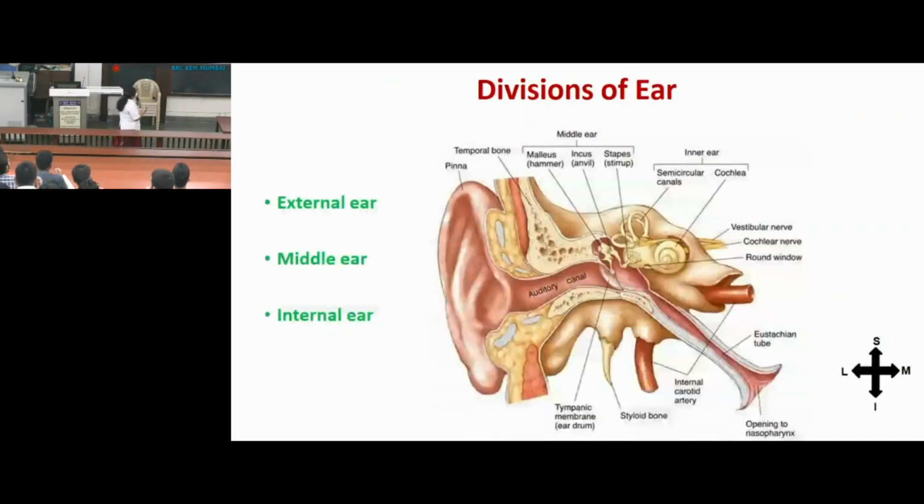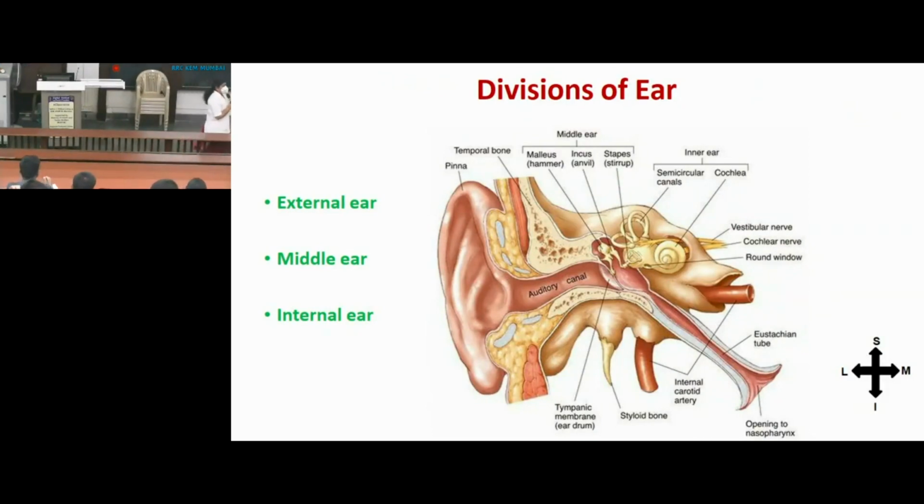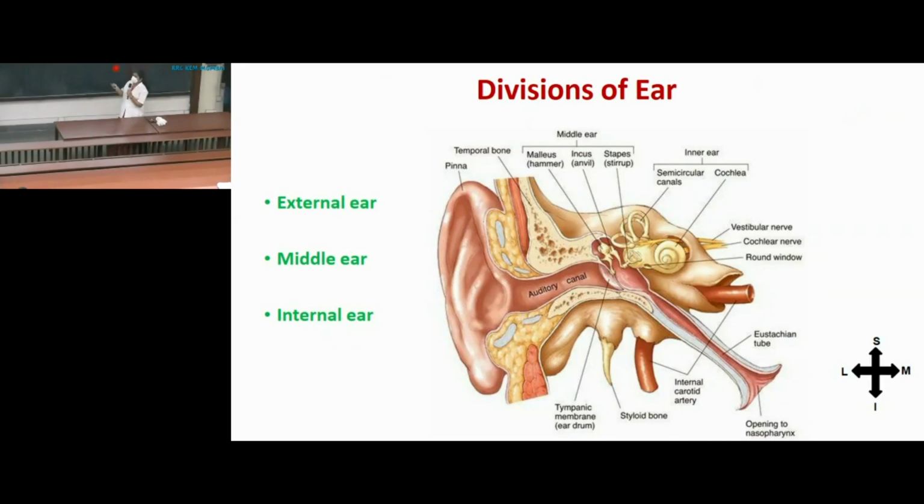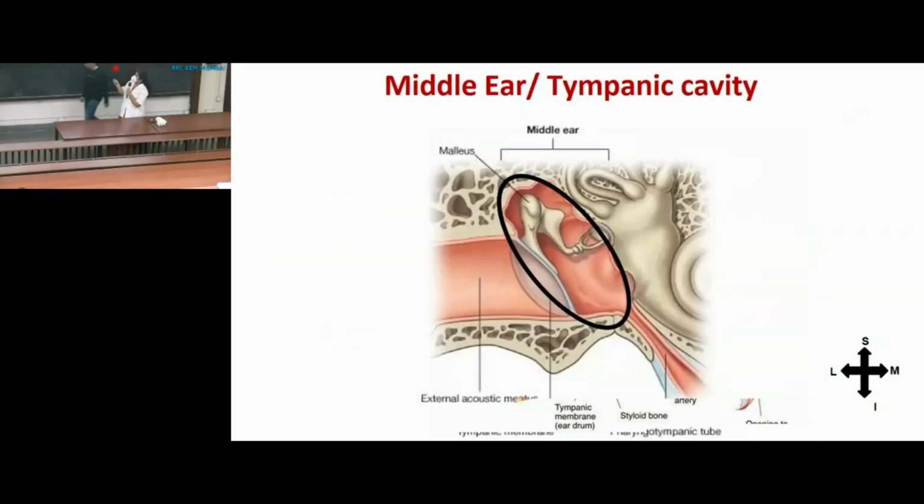So external ear, this is internal ear, and this is middle ear. So if you see location of middle ear and external ear, they are contained within which bone? Which part of temporal bone? Petrous part of the temporal bone, correct. Now if we see middle ear, this is the region of middle ear. So here is the lateral aspect, this is medial aspect, this is superior and inferior. So here you can see there are some structures which are present within middle ear.